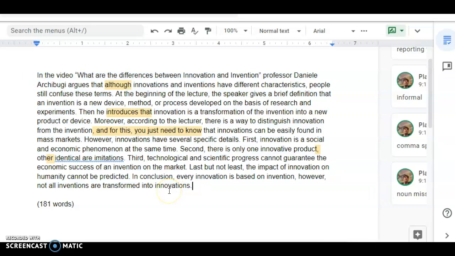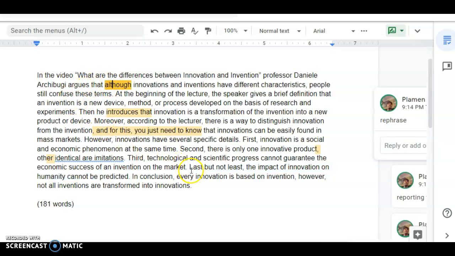So technological cannot guarantee. Okay, very nice. Yeah, you could, that's another device. In conclusion, last but not least, why not? That's a good cohesive device for the final sentence. Last but not least, in conclusion, every innovation, yeah, I think that was actually the last idea he ended with, was that. Here you could use although if you want to. In conclusion, the speaker mentions that, or states, or the speaker concludes by saying, or whatever,